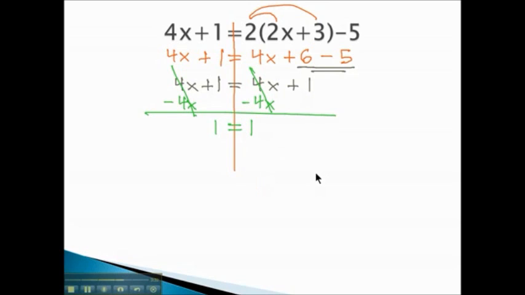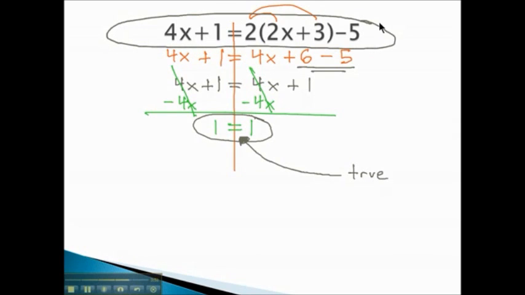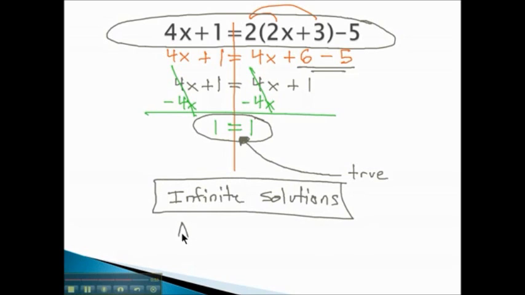Again, with no variable, we won't be able to determine what the variable equals, but instead we'll look at the equation and ask, does 1 equal 1? Yes, it does. We get a true statement. Because 1 equals 1 always, this is always true, it also suggests that the original equation is also always true. Because it's always true, we will say there are infinite solutions. Or sometimes you'll hear people say all real numbers,